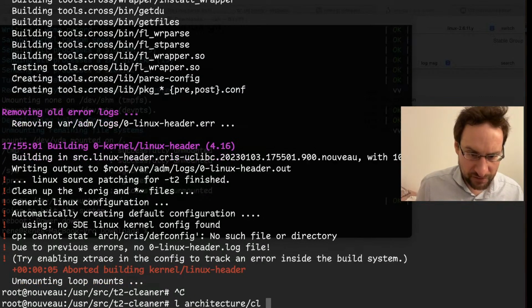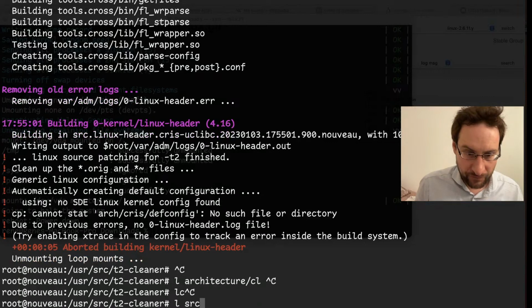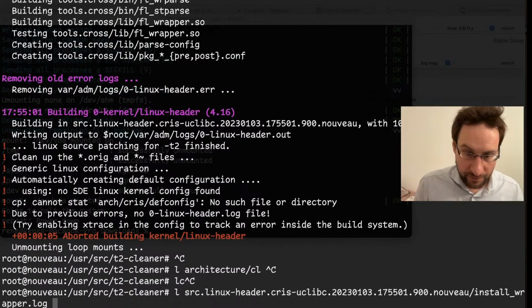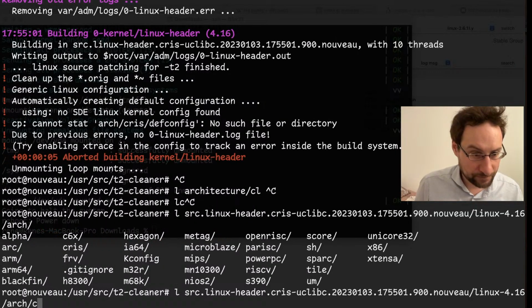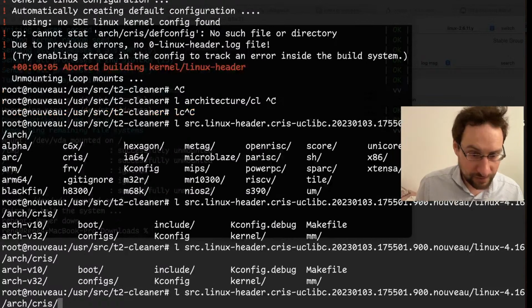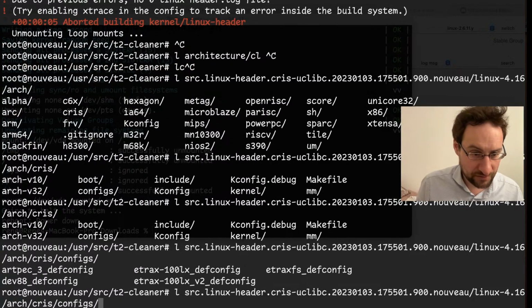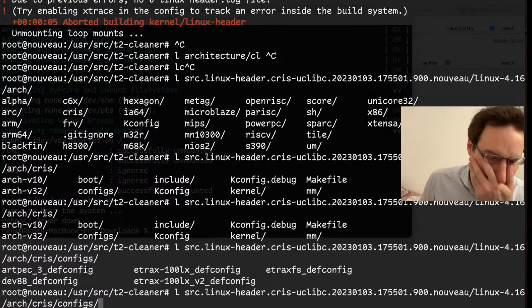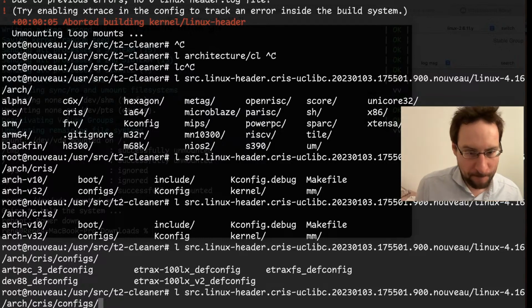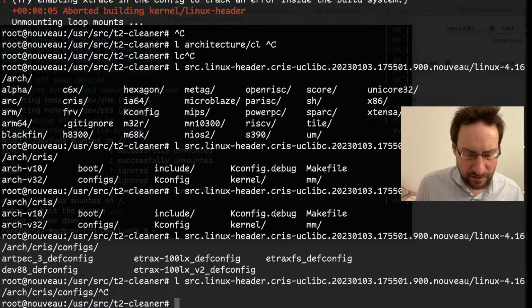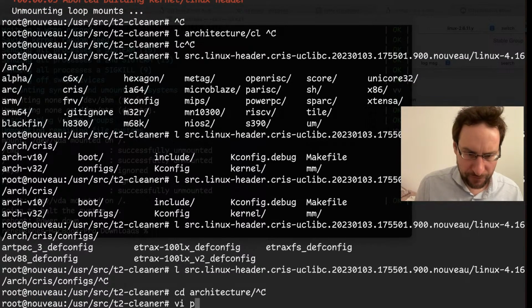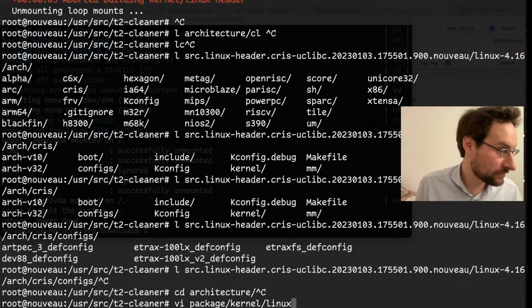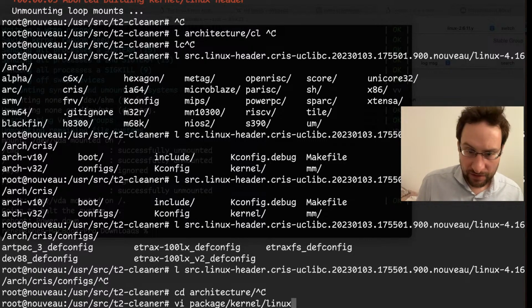So that is source, Linux header. Oh, this is CRIS, you see? Just not this dev config. I wonder if we only fall back to that if we don't have our own config template stuff.